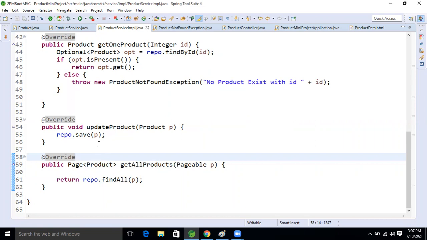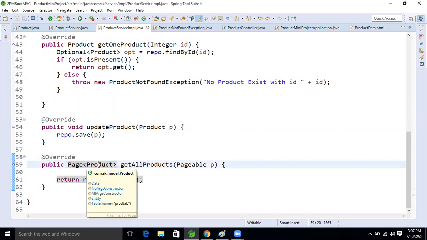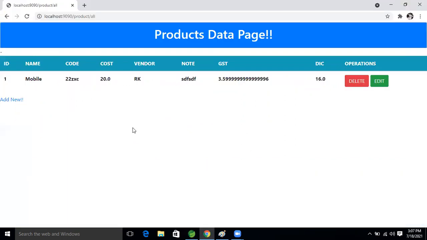I said that in the Page some metadata also will come, and at that time I used SOPLN, System.out.println. But here I'm going to use the UI page. In the future, these things I'm printing in the SOPLN will come on the UI page. People remember this?